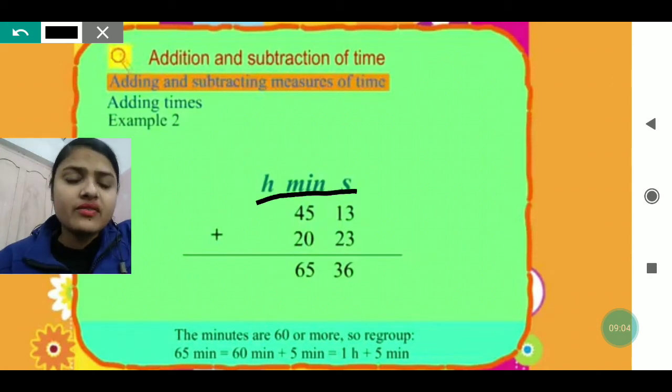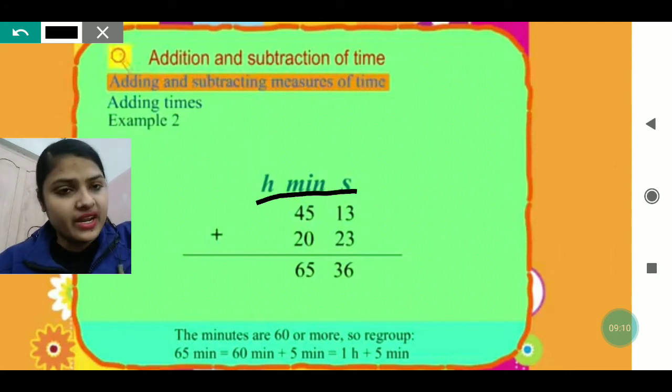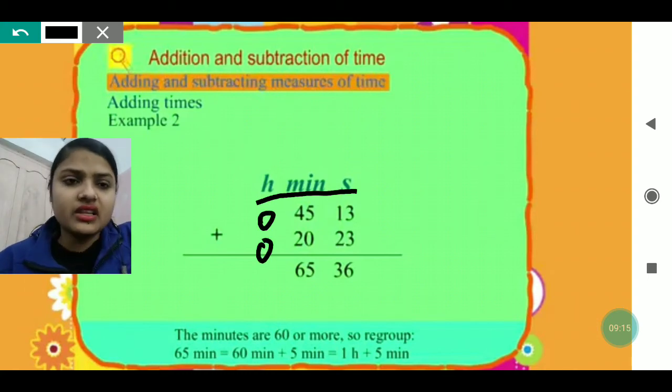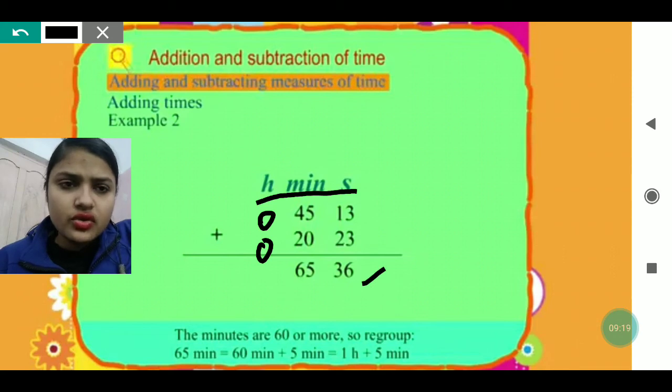Okay, in the second column we will write the numbers which you have got in second. In the minute column we will write the numbers which we have got in minute, and the hour column is blank. There is no number given in the hour column. After that, 3 plus 3 you will get 6, 1 plus 2 you will get 3, so you get 36 seconds, and 5 plus 0 will be 5, 4 plus 2 will be 6. So you are getting 65 here.